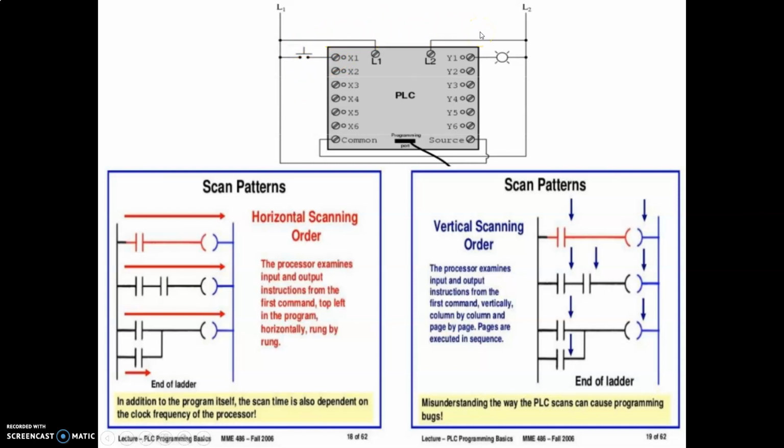Once one rung is completed, it will move vertically downward, and then it will execute the second horizontal movement. Then again it will come downward vertically, then the third horizontal movement. So in this way it will keep on moving downwards after moving horizontally. This sequence is important for us to understand while doing the programming part.